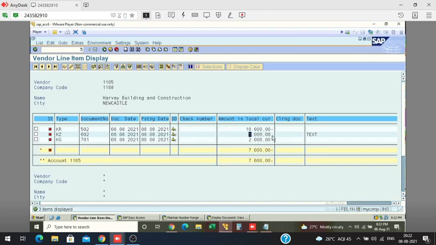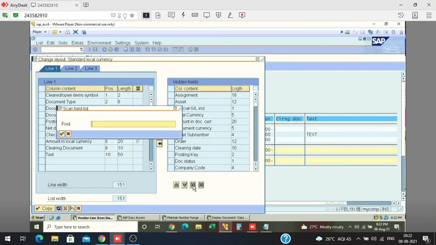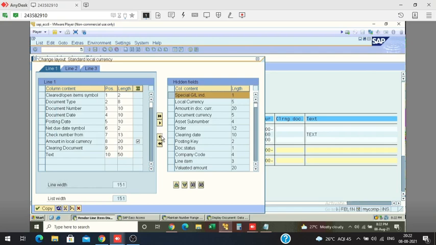Okay, now you have to pay 7,000. From layout I am choosing the advance, special GL also. Special GL indicator. Okay, copy.